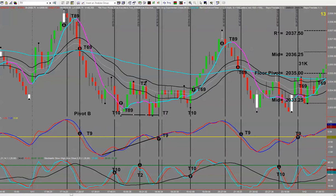So you can see we had a T89, very nice winner. As a reminder, a T89 trade is perfect in a slower market. In fast moving markets, do not trade them. You will be stopped. Yes, it'll eventually turn, but the T89 is a counter trend trade, so you want to wait for the right market. In a slow moving market, they're perfect. The after hours market, and that's one thing about our friends here in LA, come 3 p.m. they can do 2 or 3 hours of trading and pick up some very nice